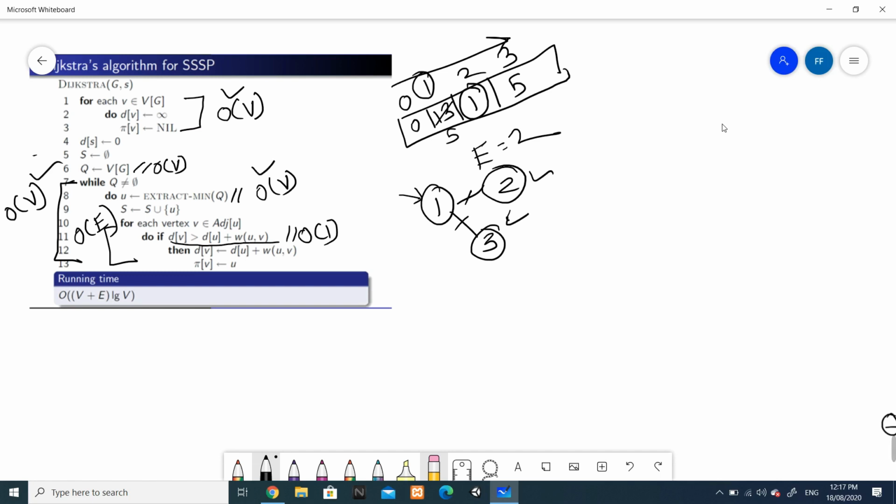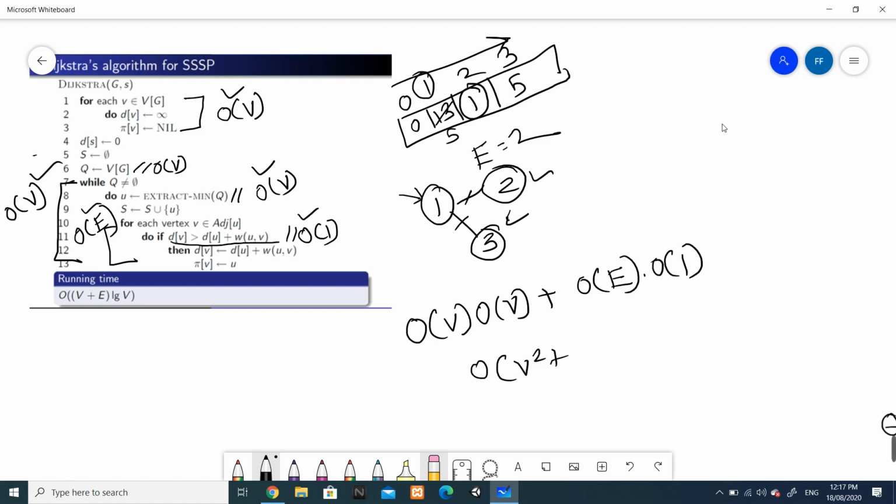As order of V and order of V are dependent, and order of E and order of 1 are dependent, the time required will be order of V times order of V plus order of E times order of 1. It will be much higher for an array. It will be order of V squared plus E. This is for an array-like data structure.